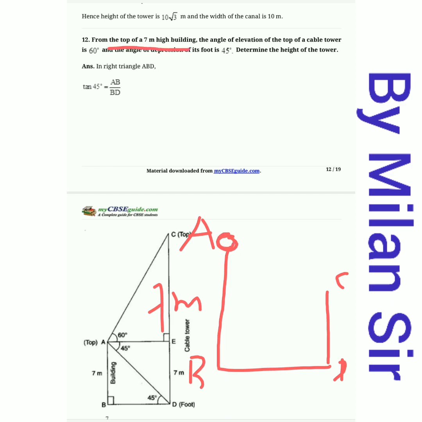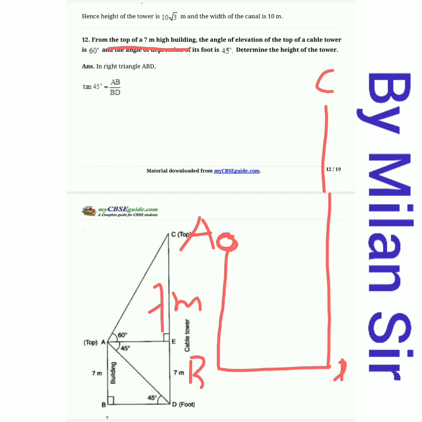So how can we draw the angle of elevation? If the height of the tower is less than the height of the building, then we cannot draw the angle of elevation with the horizontal, right? We can take this angle, but this is the angle of depression. So we cannot draw the angle of elevation. Then alternately, we need to take the height of the tower greater than the height of the building. So this is our CD.